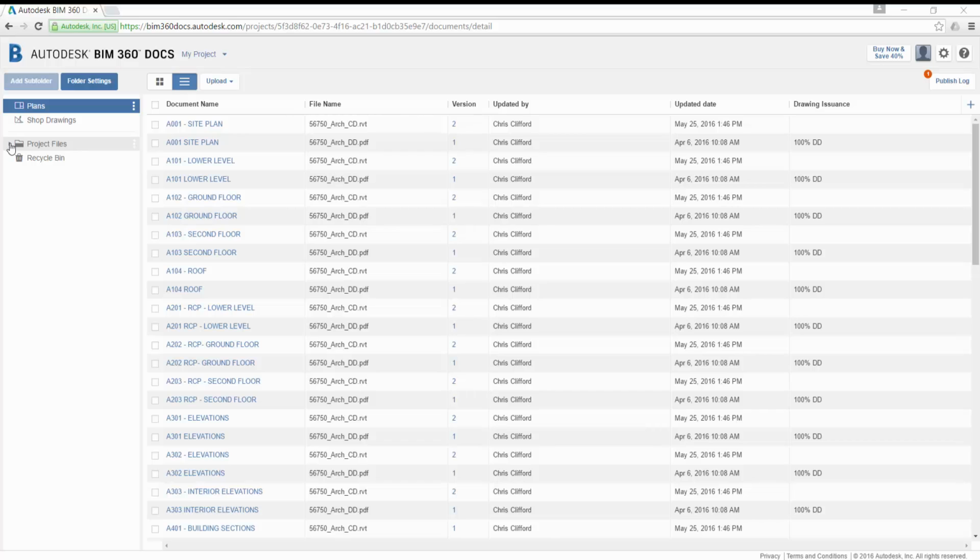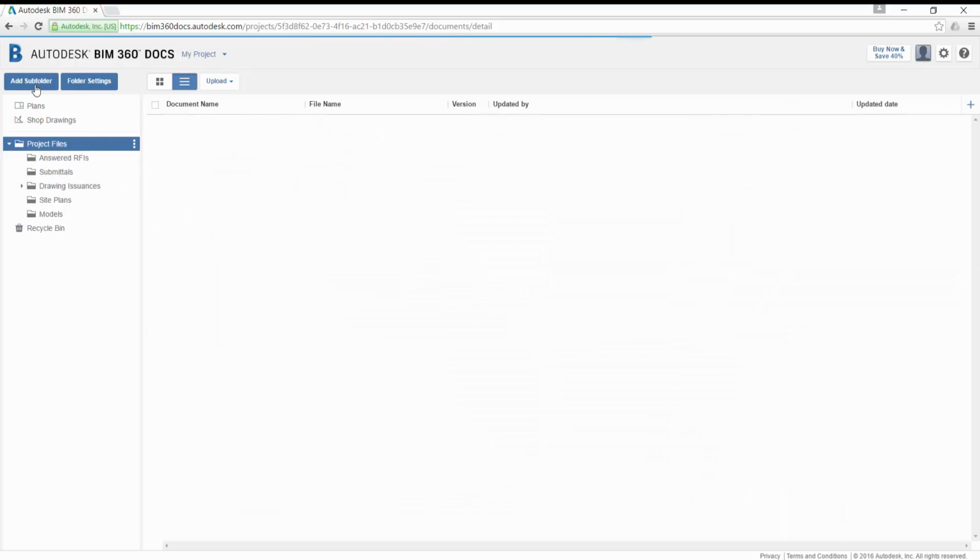Now, first of all, the user-created folders are just that. They're folders that you can create and store whatever information you want that's relative to your project. And it's not just PDFs. We can store models here and any kind of file that we need to in these folders. And it's very simple to create a new folder. You simply add a subfolder and type in what you'd like to call it. And now you can add subfolders to these folders as well, as whatever it is that you need to